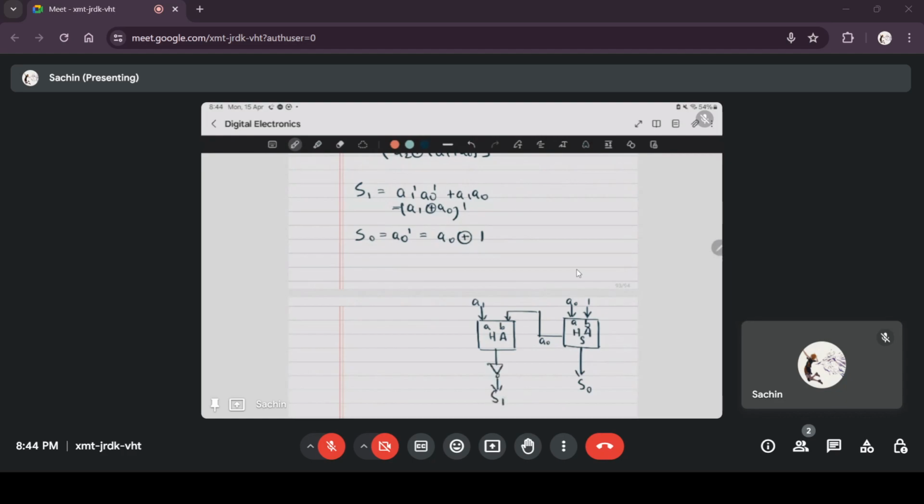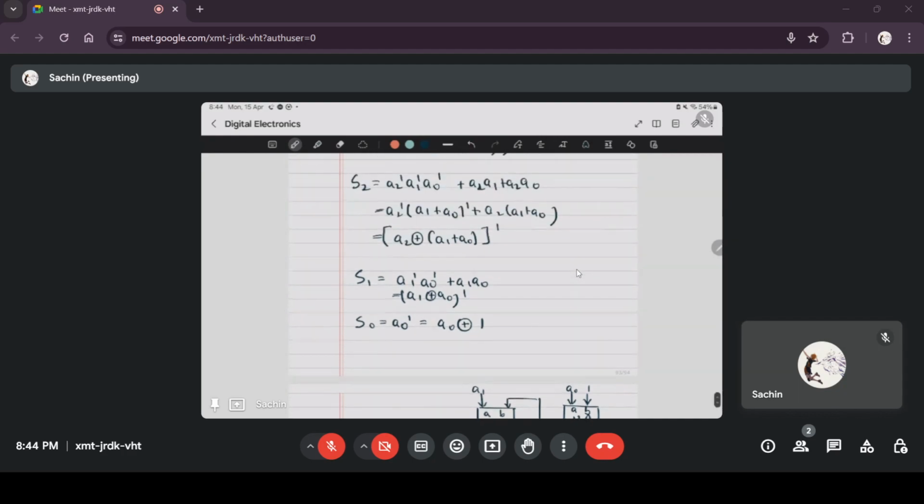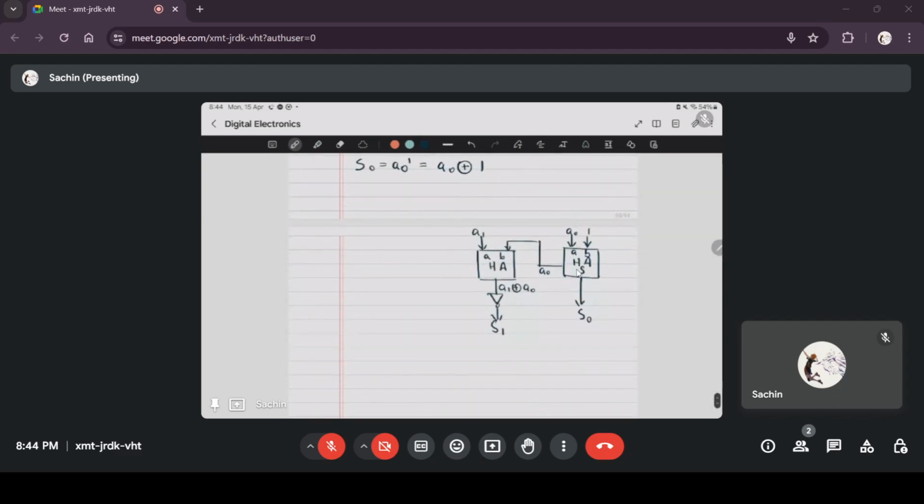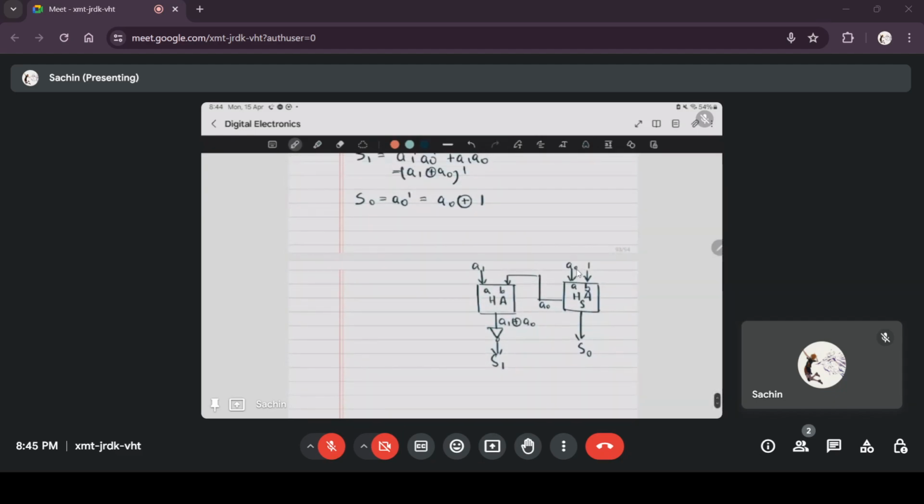So the half adder will give you A1 XOR A0. S1 is the complement of that. And the carry of this half adder, we won't use that. It is A1 A0. In none of our expressions do we have A1 A0 used directly, so we'll leave it as it is. Now for the third half adder,